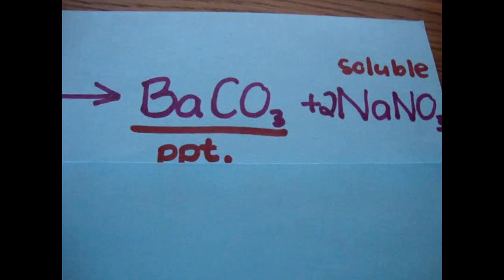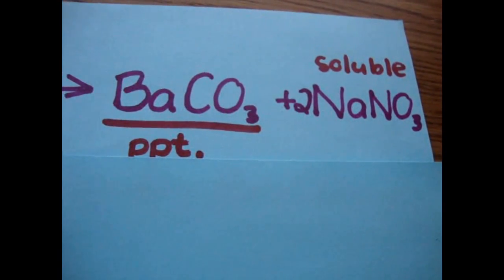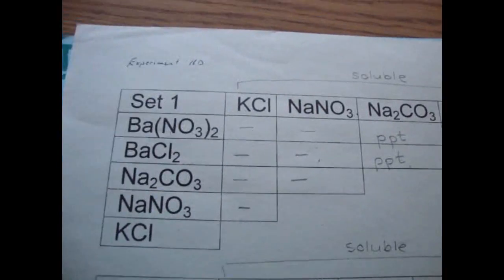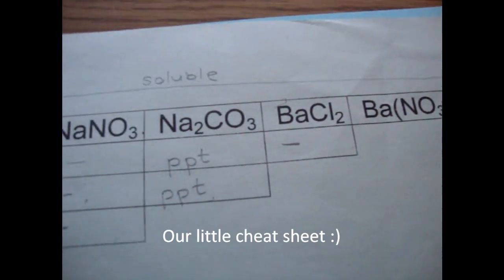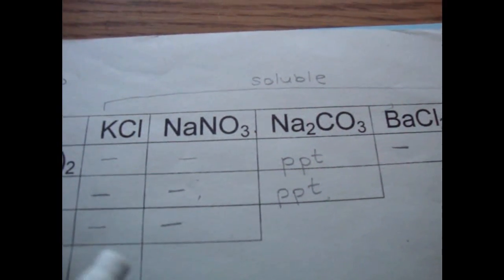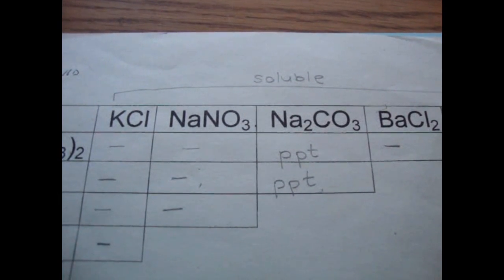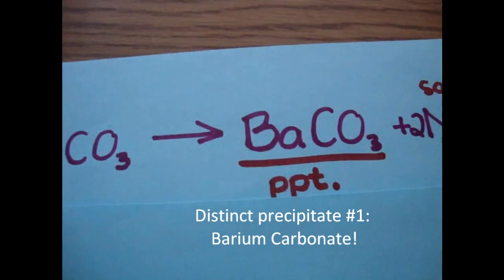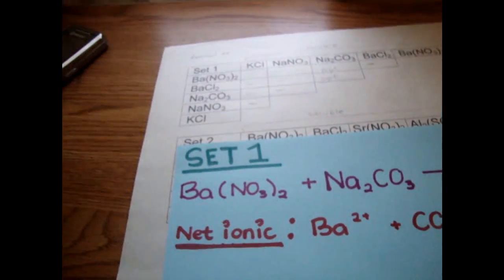One is all cations, which are ions with a positive charge, are soluble with the nitrate anion. And also, if you look at the sheet, all of these top solutions are soluble. So NaNO3 is right over there. So we can also look at the sheet and say that it is soluble, and that leaves barium carbonate as the precipitate. And before I show you the net ionic equation, I will explain to you the difference between molecular,